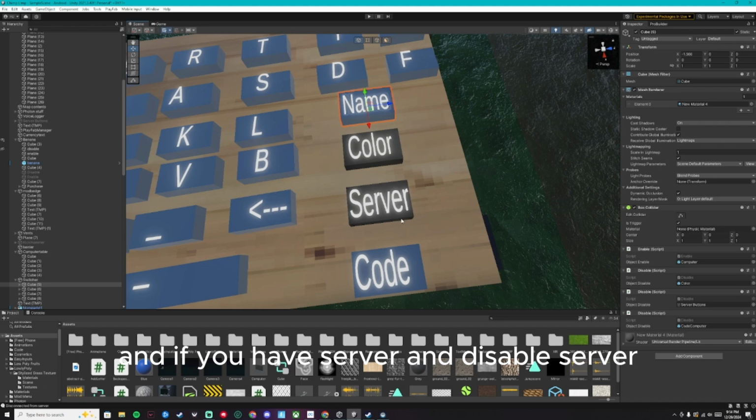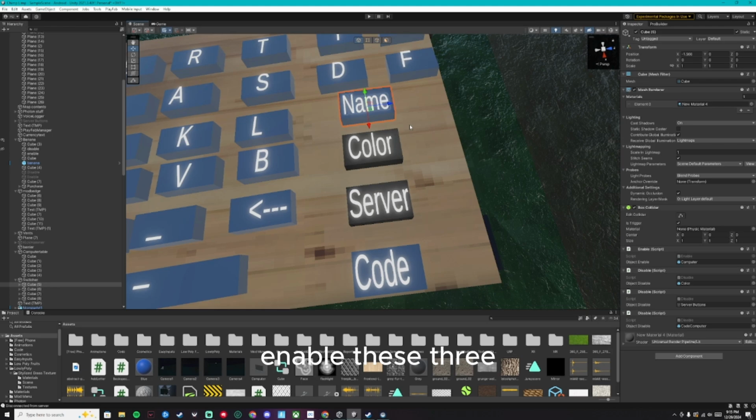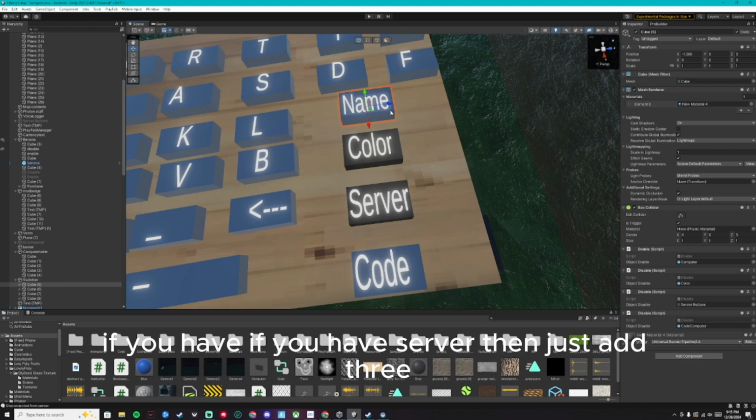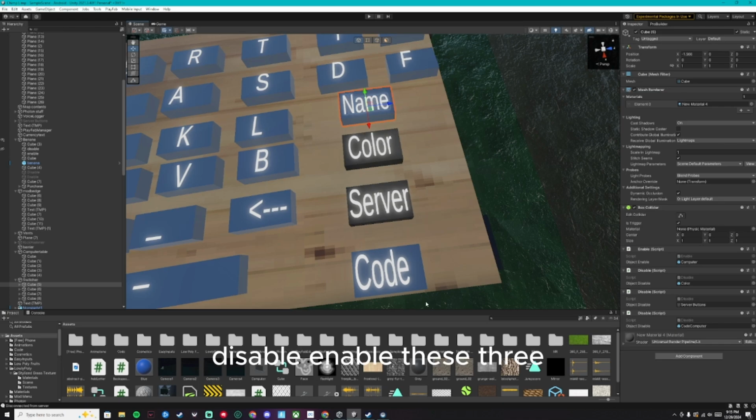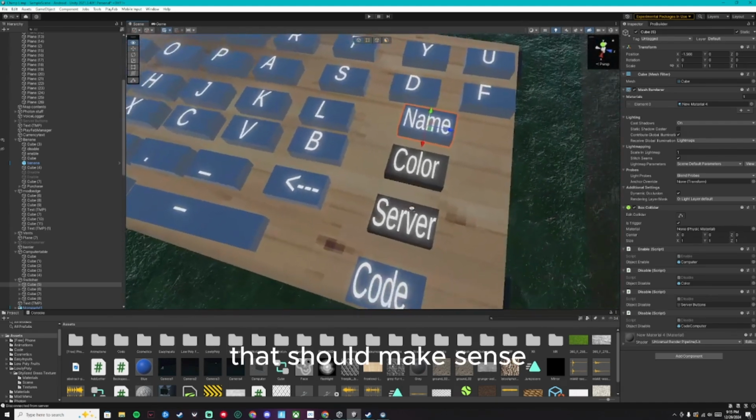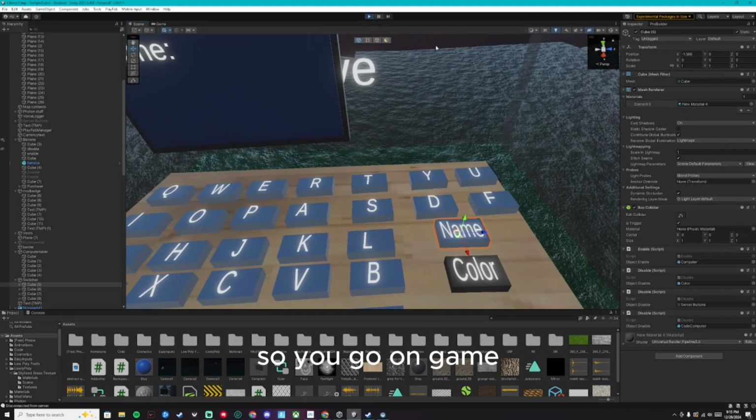And if you have server, disable server, enable these three. If you have server, then just add 3. Disable, enable these 3. This one, enable these 3. This one, enable these 3. This one, enable these 3. That should make sense. So when you go in game,